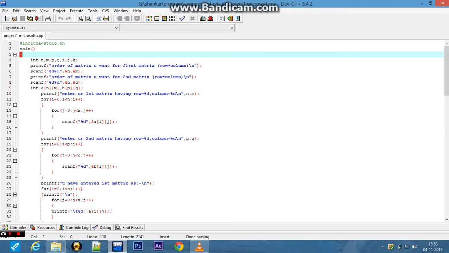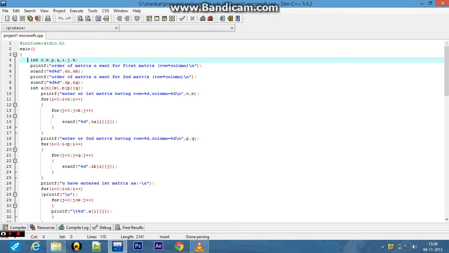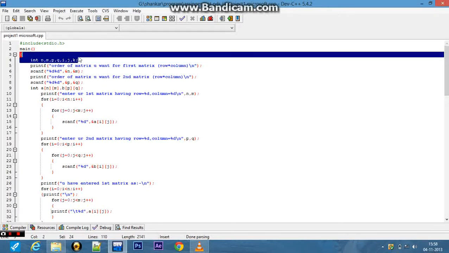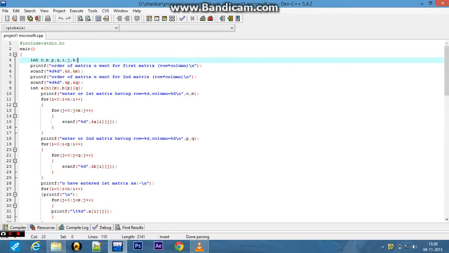Then we have declared approximately 7 variables of integer data type, which may be used in the program below.